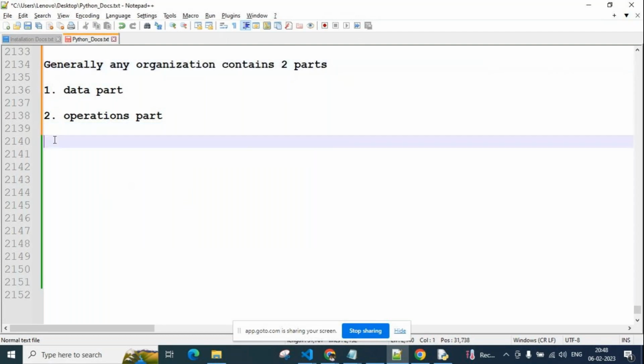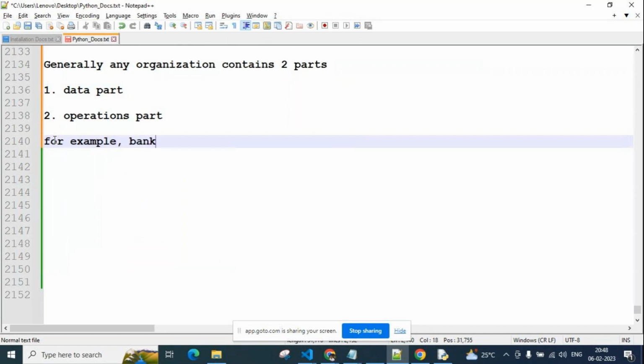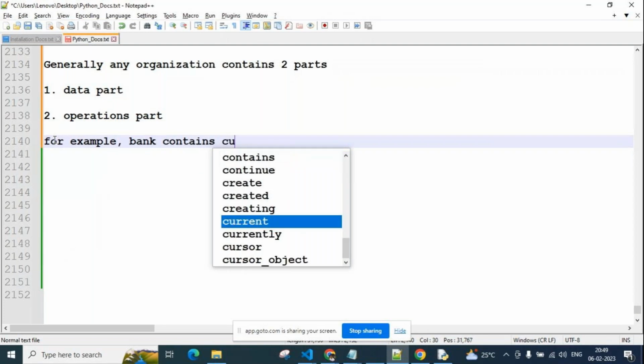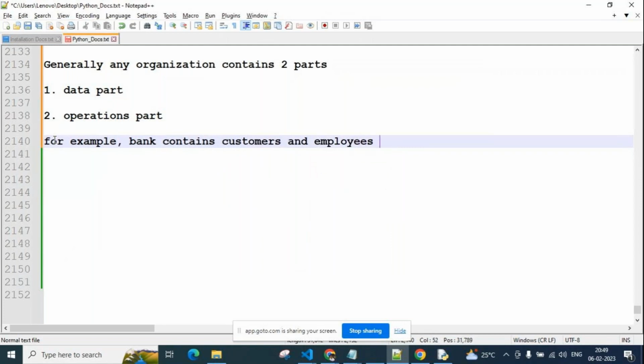What is the data part and what is the operations part? We will see now. For example, take a bank, guys. Every bank contains customers and employees, both. The bank maintains each customer's information and what operations they can do.